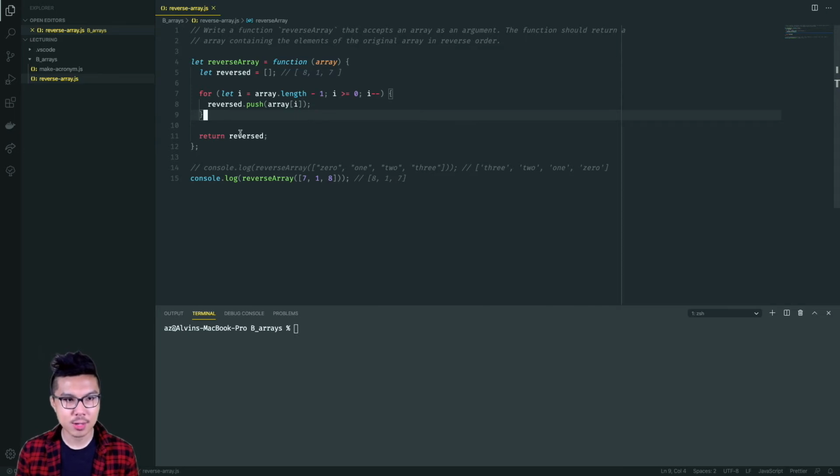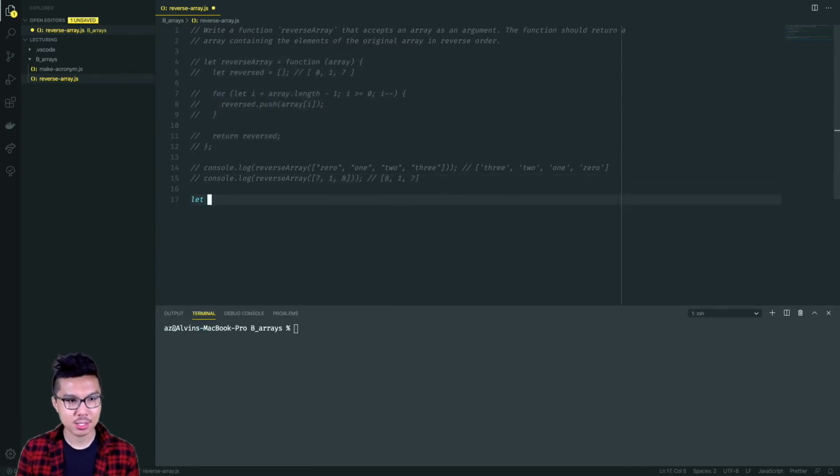Just to show you a little fun trick, there are actually many array methods, and there's one that's very similar to push. So recall that push will add an element to the end of an array. There's also a kind of symmetric method to add an element to the beginning of an array. So if I were to quickly demo that one, what I can say is,